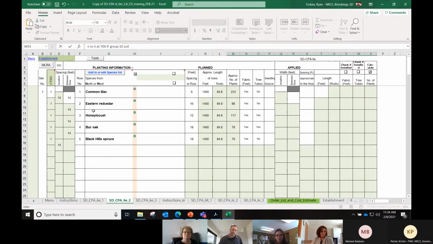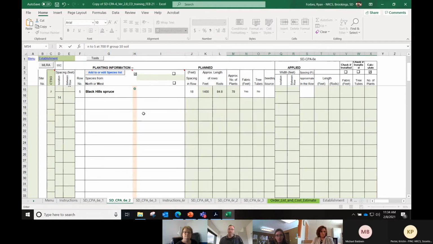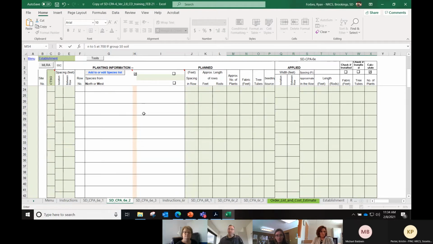Alternation is important, but getting back to the question, if that's a group 10 and you see other trees in there, you could document in the assistance notes or on this tree plan that these species are out there. So we do know it supports trees. But once again, if you don't feel comfortable digging in the soil and going through that,